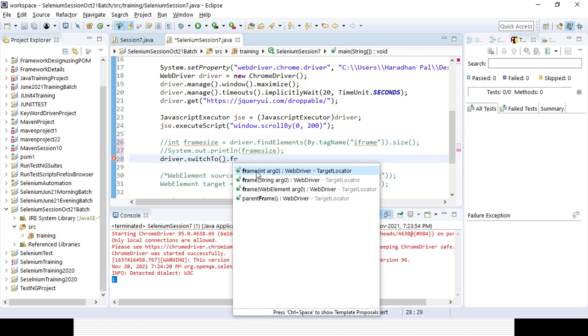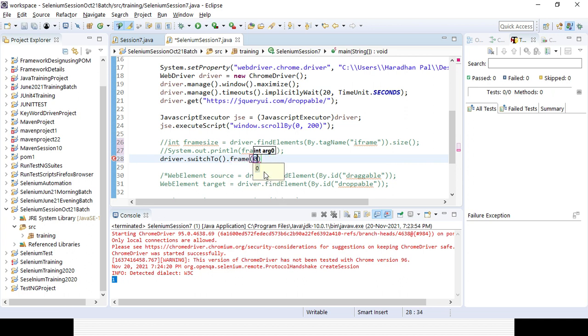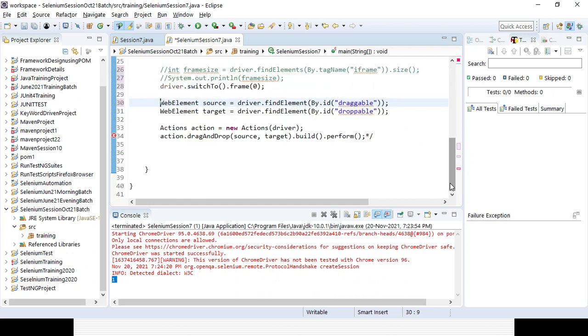You can see there are lots of options available: either the integer argument, that is the index of the frame, or the name or ID of the frame, or the web element reference. So I can give the reference as 0. That is one option. Now if you execute your script, after removing the commented part, you can see that drag and drop will happen here. That's how I can handle the frame.